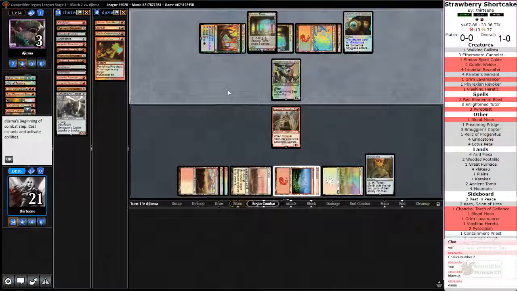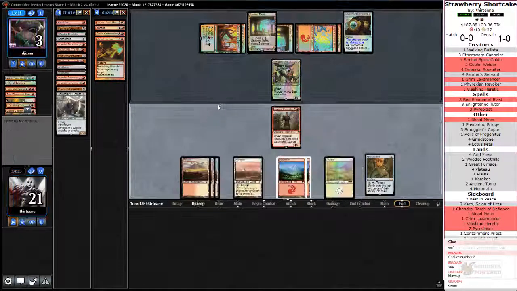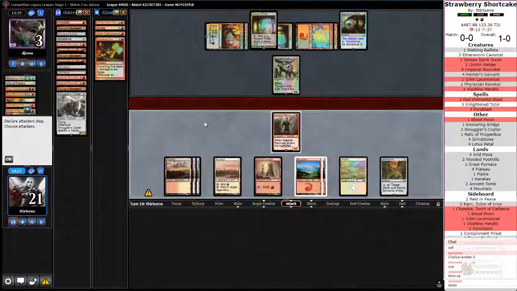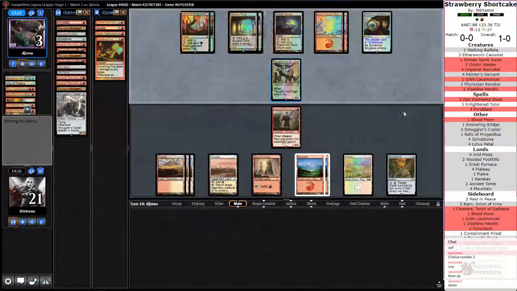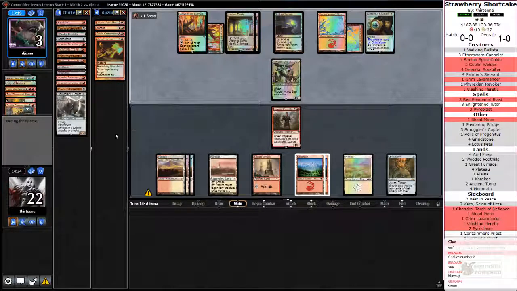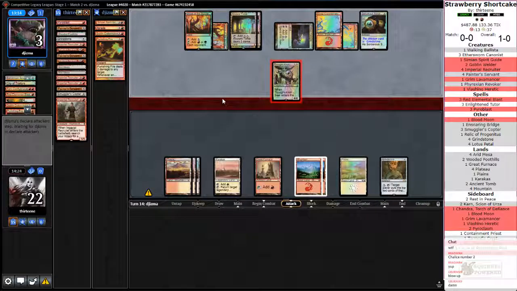Yep. Alright, well, at least Imperial Recruiter's going to block 4 damage. Oh, they don't even attack. And we did have another land to draw into. Of course we did. Alright. Well, our outs are looking kind of limited, but I can't imagine an opponent wins it from here. We just have so many things we can draw into that are actually going to be able to do something. I guess we are on a 6-turn clock, but...